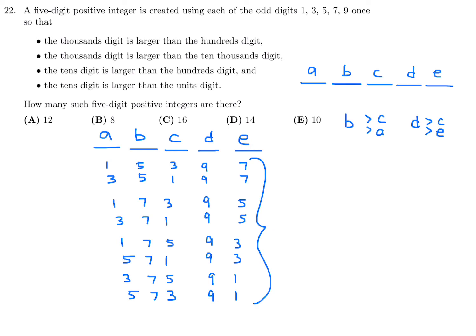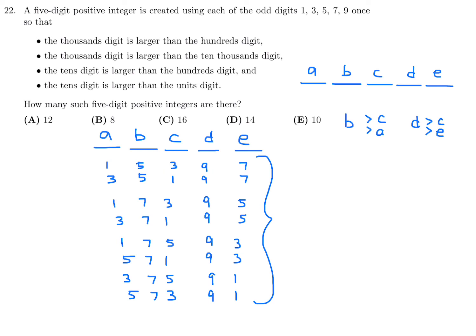How many did I get? I got 8, and 8 is one of the answer choices, but so is 16. And since 8 and 16 were right beside each other, it kind of made me think, maybe I shouldn't be so hasty here. And very quickly I realized that these can be just flipped to create 8 more. And when I say flip, what I'm really referring to is just writing them in the other direction. Like for example, this one